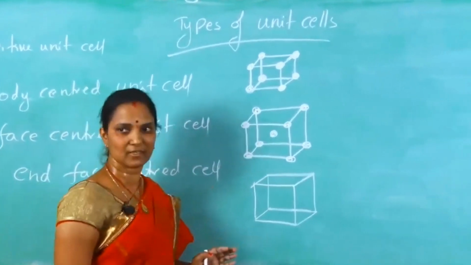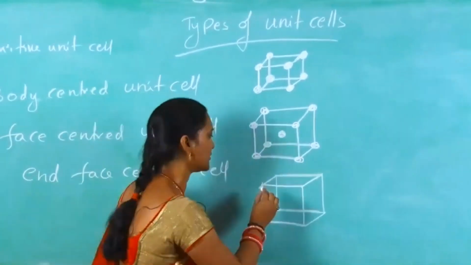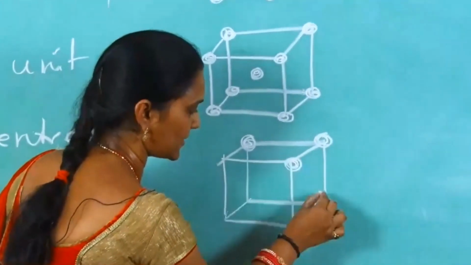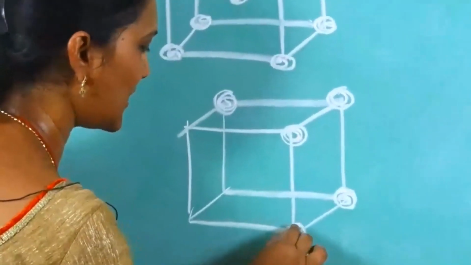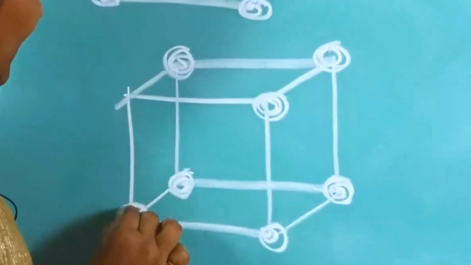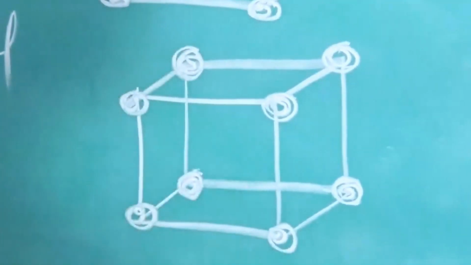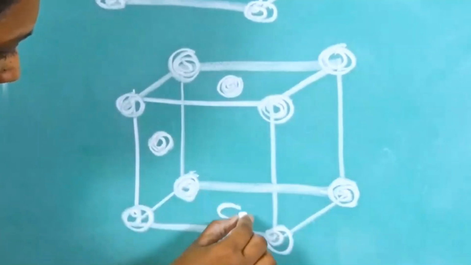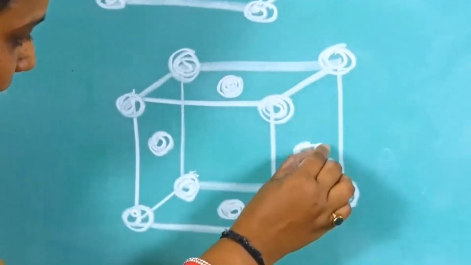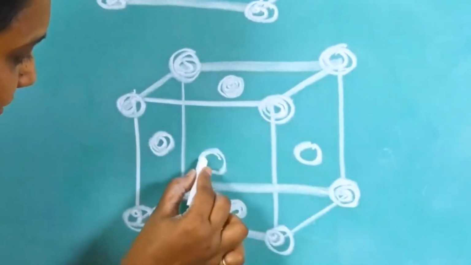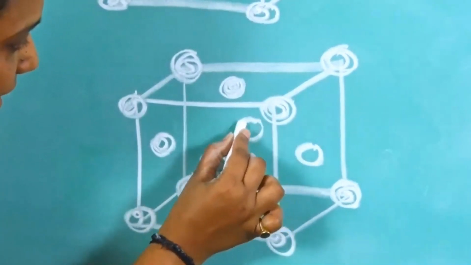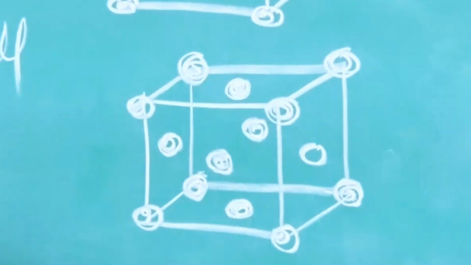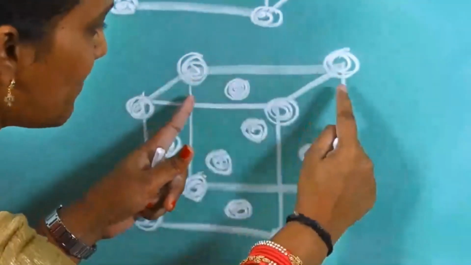Okay, FCC, it is in the name only. Now we can identify that. The constituent particles occupy corners of the cube and also they occupy face centers, the center of the face. Top, bottom, left, right. This is the center of the front face and this is the center of the back face. Imagine this, because this complete chapter is 3D imagination. Now this is the back face.